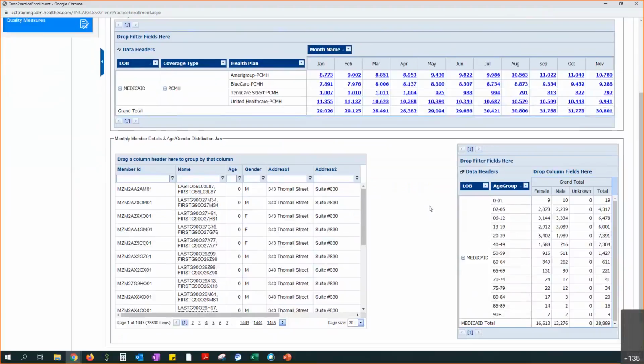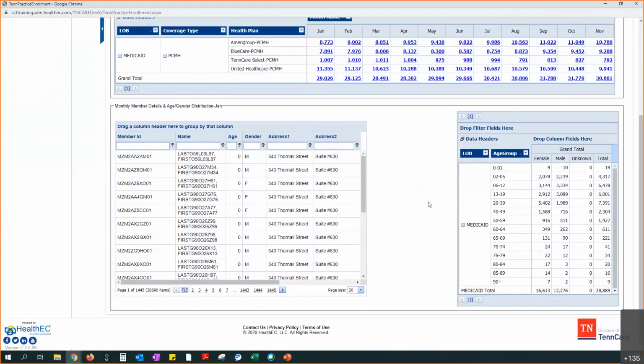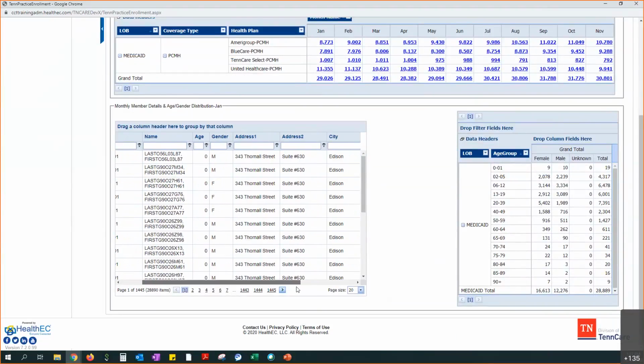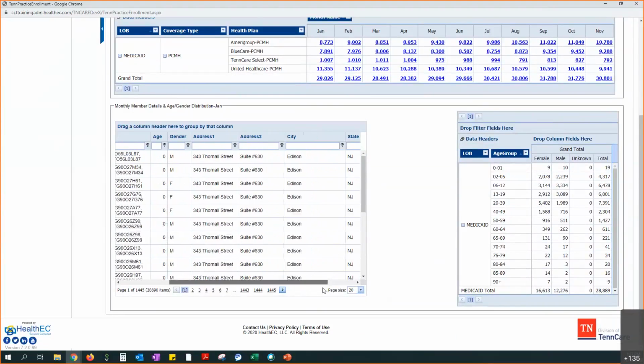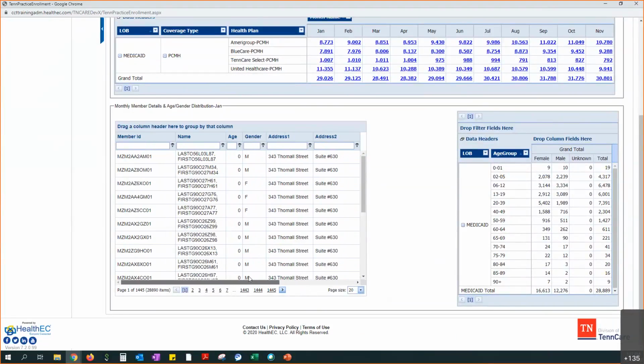We can also break it down a bit further by looking over to our left. So this is actually breaking it down by member. It will show the member ID, name, their age, gender, and then their address, secondary address if they have like an apartment number or suite number as shown here. It would also show their city, their state, and then their phone number again. So you could potentially do some filtering out here if you're looking for a specific individual, you can search their name. If you're looking for a specific age group, you can put that down here, you know, the gender,